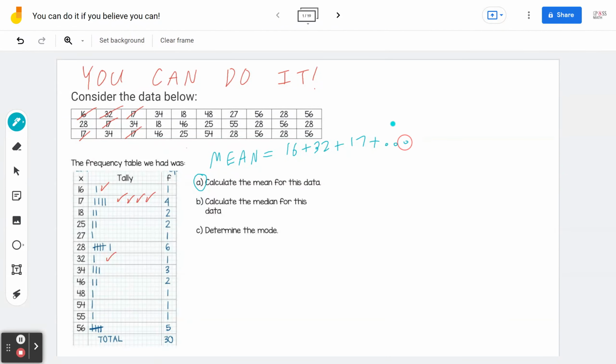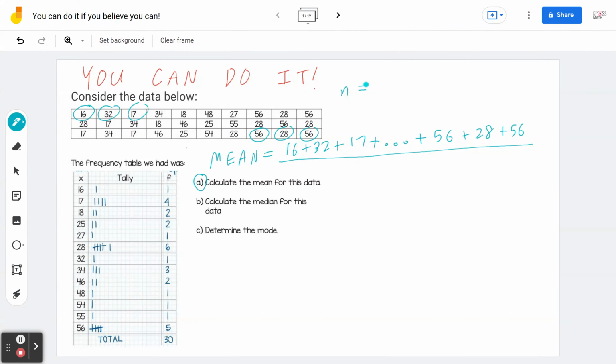So notice what I'm doing here. I'm adding these numbers. So let me go back and erase this. Again, I'm basically adding every number, right? I'm starting with 16, 32, 17, and I continue this all the way to the final 3 numbers. So 56 plus 28 plus 56 divided by, and again, if you count the number of terms, we call this